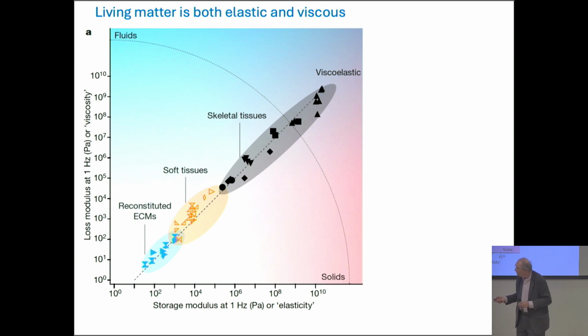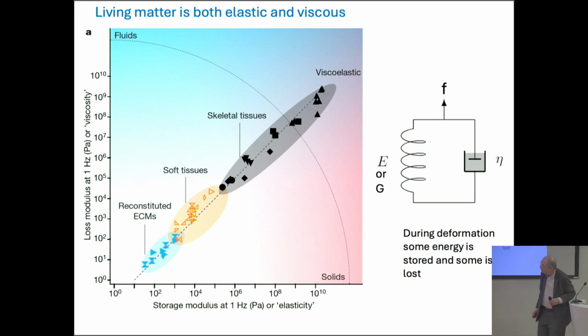And for unknown reasons, there's this kind of master curve that tells you that when you deform soft tissues at about a rate of 1 hertz, or something like our heartbeat, 10% of the energy of deformation is lost to viscosity, and about 90% is stored. So the viscous part is about 10 times less important than the elastic part, but it is still really important for how cells respond. And so we've been trying to understand how to measure this in a relatively convenient way.